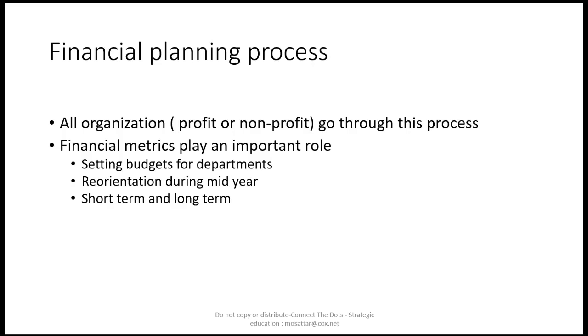The process also allows them, as they're managing from month to month and quarter to quarter, if things are changing external or internal to the company, for example, if the economy is getting worse, or they lost a contract or won a new contract, to make adjustments to their plan. And so it is both short-term and long-term. Short-term could be quarter by quarter and up to a year, and the long-term could be somewhere between 3 to 5 years.